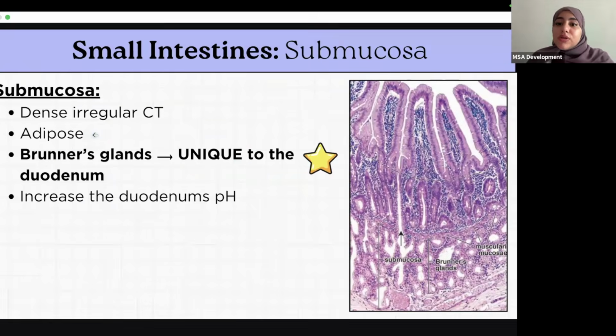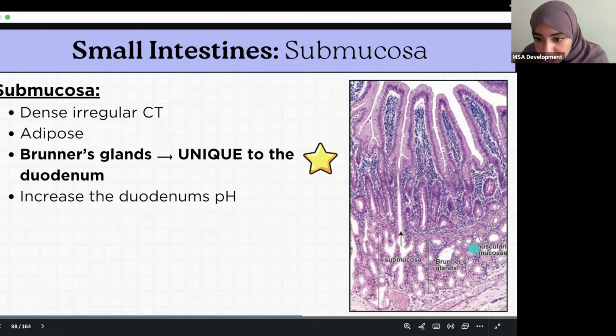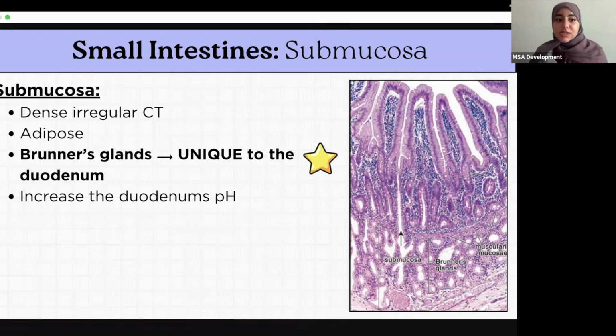Okay, now we're going to talk about the submucosa. And this is very important, and this is why I have a gigantic star next to it. Only in this place do these glands exist. In the duodenum, Brunner's glands exist. It is unique to the duodenum. So when you see Brunner's glands right over here, you know you're in the duodenum. You don't even need to check. This is the only place in your body that you have this. And Brunner's glands